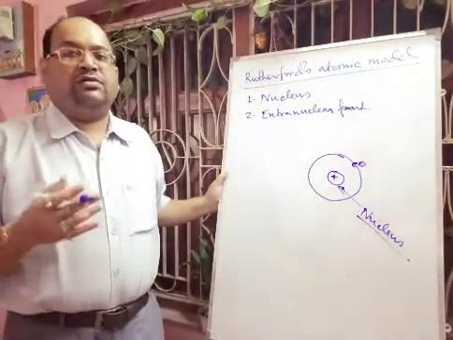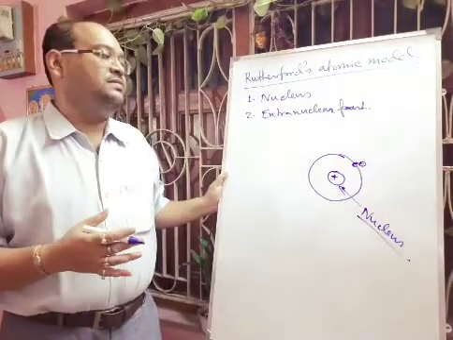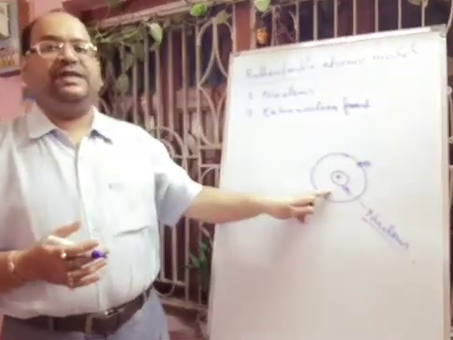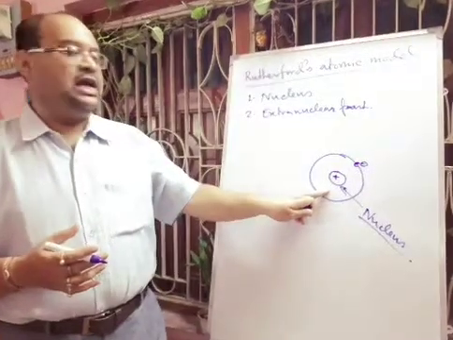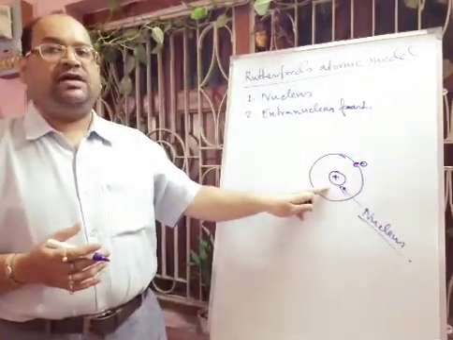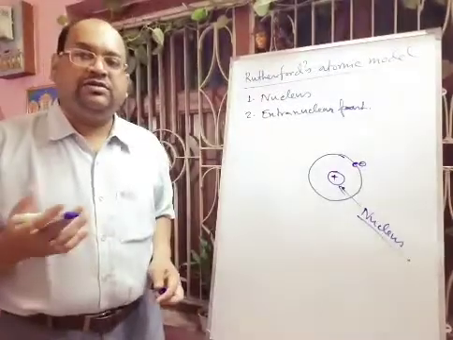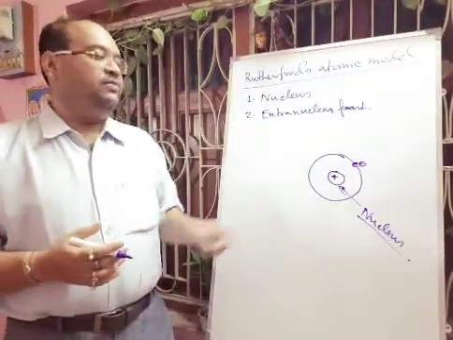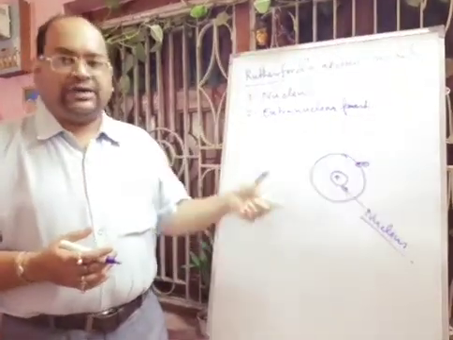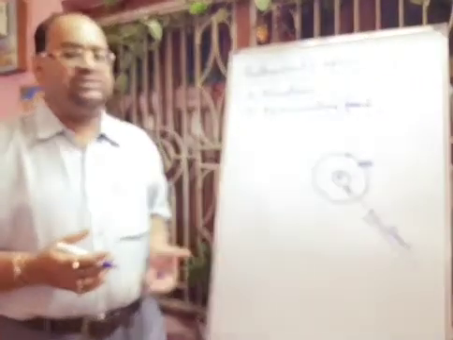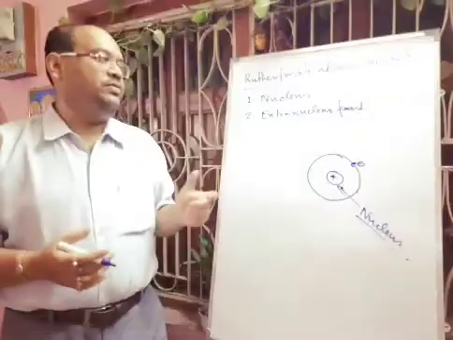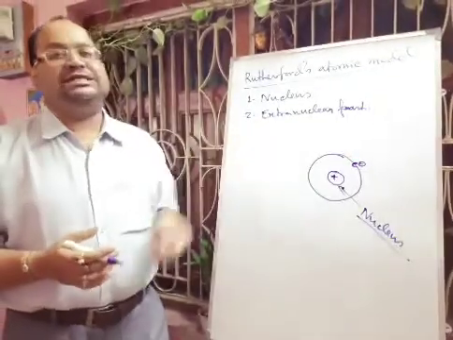Okay, and now the whole mass of the atom is concentrated in a very small space called the nucleus, and its size will be around 10 to the power minus 12 to 10 to the power minus 13 centimeter. If we consider the atomic size, that will be at the angstrom level, 10 to the power minus 8 centimeter. Hope you can understand. Now we discuss the extranuclear part.